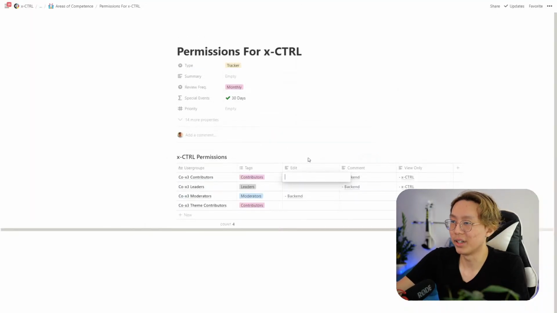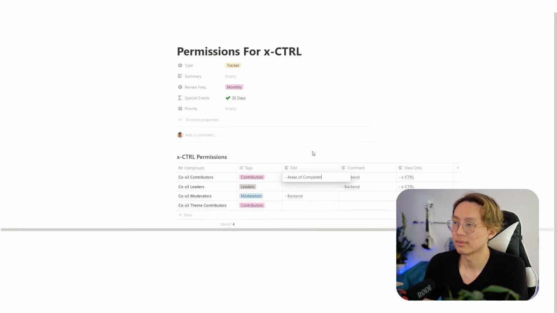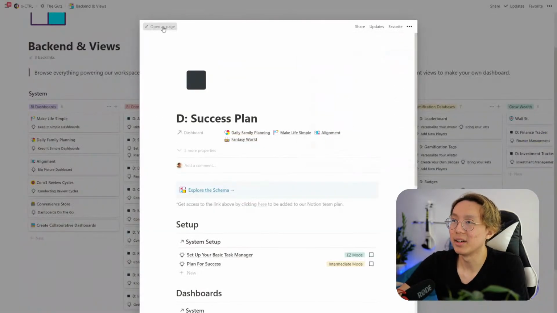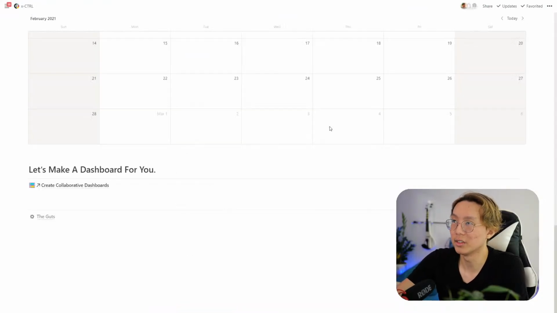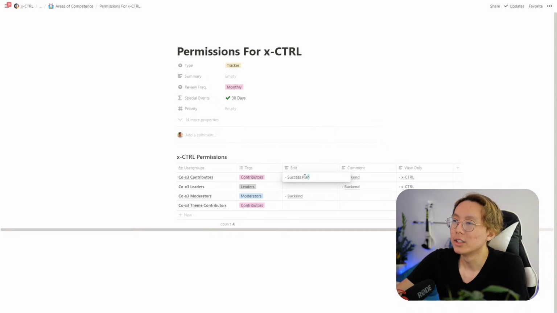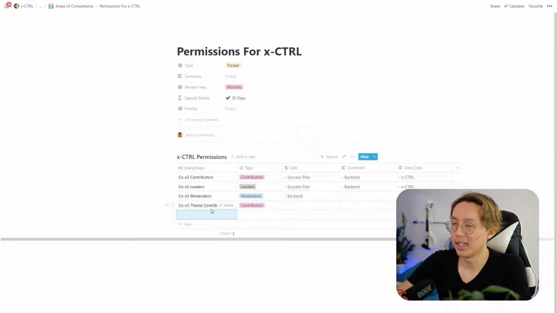What we're going to do here is say areas of competence, or actually, sorry, I keep saying areas, but success plan is what I mean. And success plan is here, and this is just the place where we keep all the projects, the goals, the key results, and tasks, if you're not familiar. So we can go here, again, contributors can edit, leaders can edit. I'm going to actually put in a,